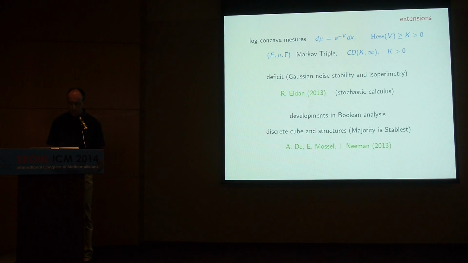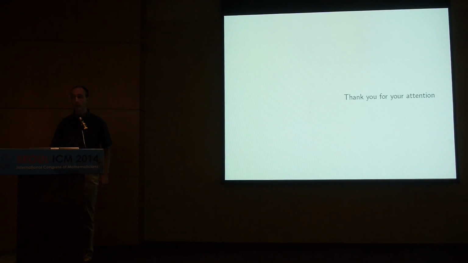And finally, let me mention several developments in Boolean analysis, and in particular a new proof by Mossel and Neeman of the majority is stablest theorem, precisely using this function J that was used in this heat flow. And it's time to conclude and to thank you for your